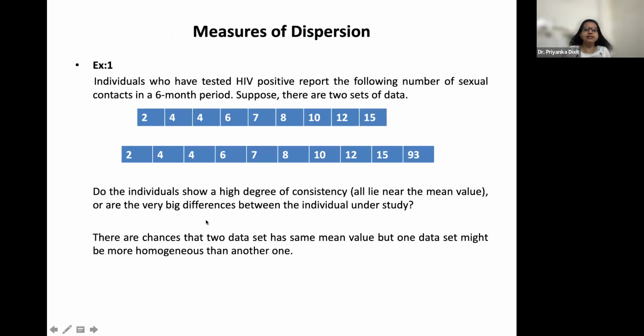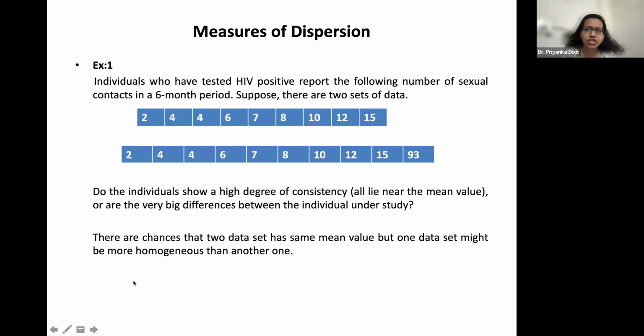In central tendency we have a number of indicators, like mean, median, mode. In measure of dispersion also we have a number of indicators. The first, very simple indicator is range. With the help of range, we can identify how much variation is present in the data set.